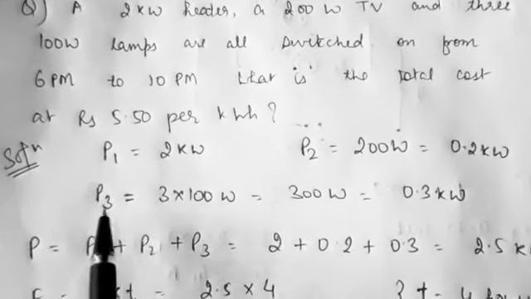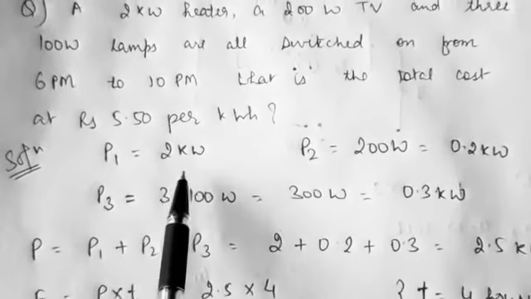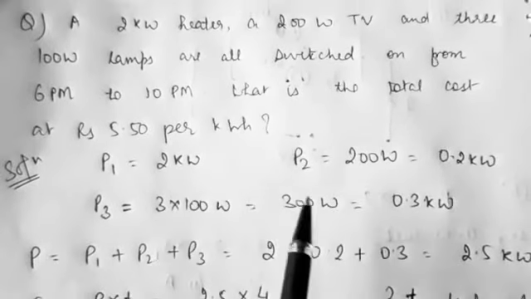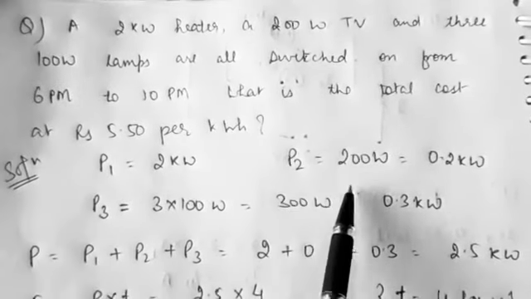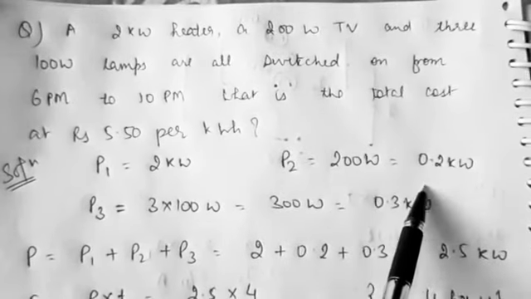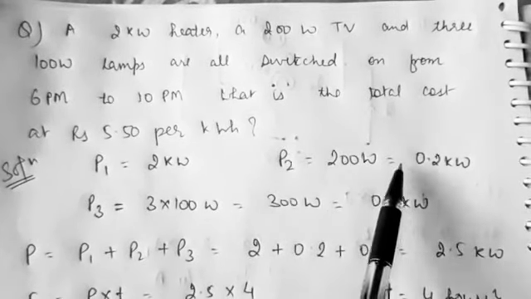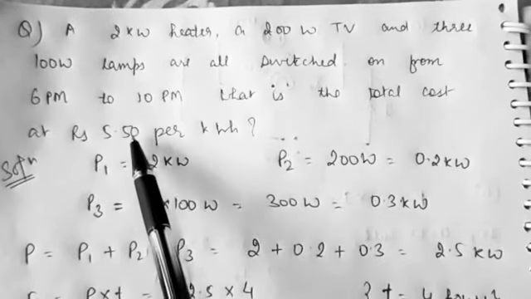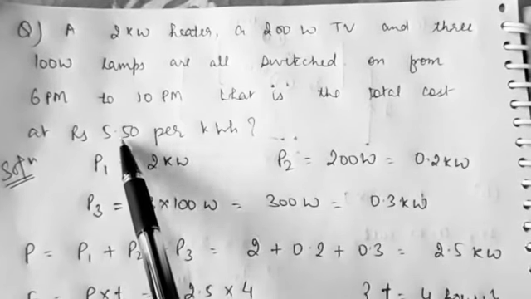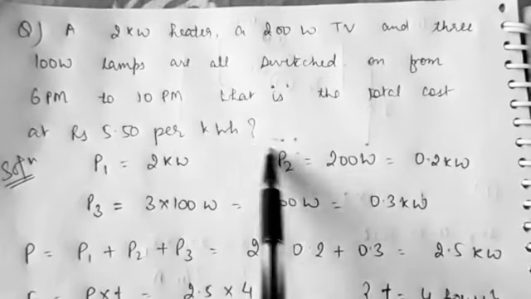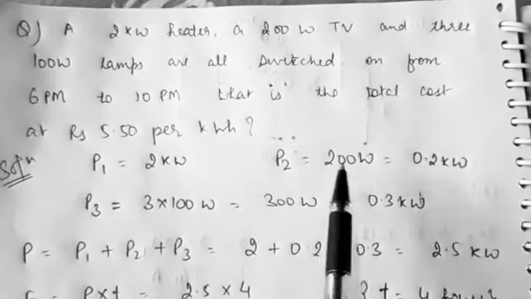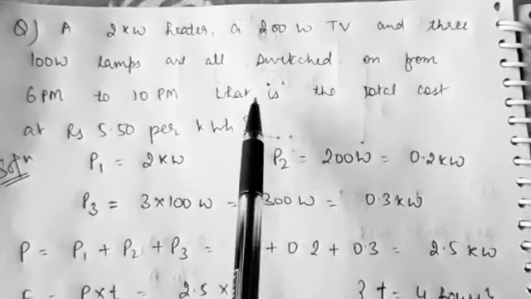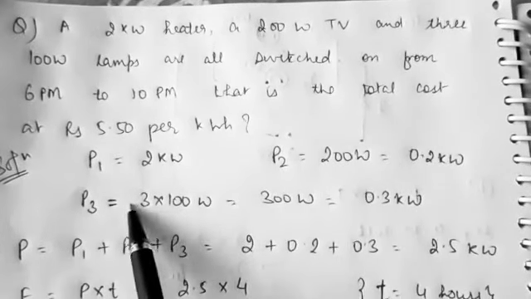There is one geyser, so let us take the power of the geyser to be 2 kilowatt. There is one TV, the power is 200 watt. What I have done is I have changed everything directly into kilowatt, because I have to find out the reading and then the cost of the electricity. So P2 is 200 watt, that is the rating of the TV. Now there are 3 bulbs,